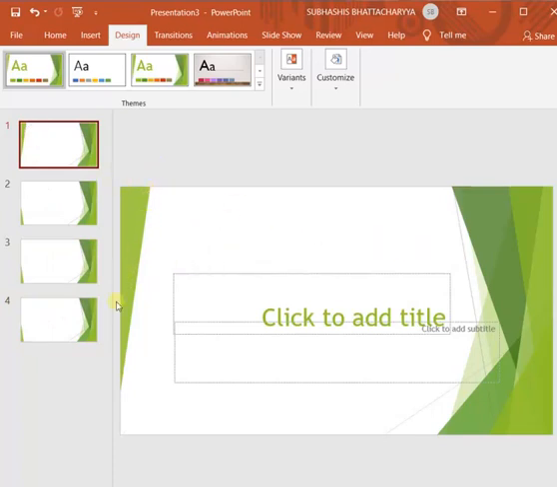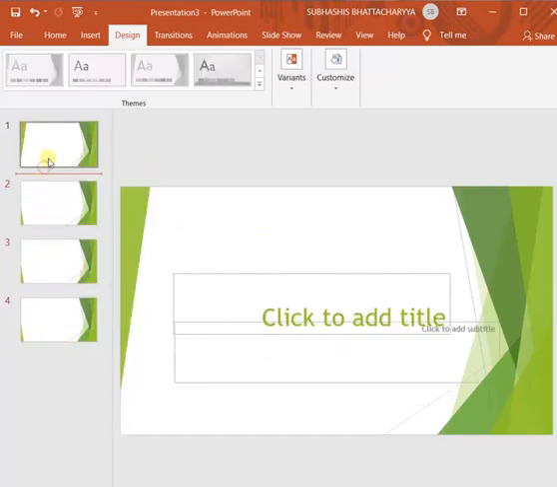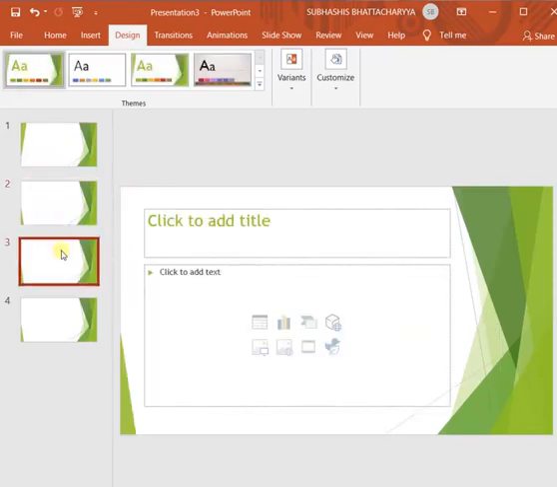Like here the corner is somewhat different in the first slide. So the first slide will look like the other slides, but with some difference as it is the cover slide or the main slide. But after that, all slides whatever you insert will be the same